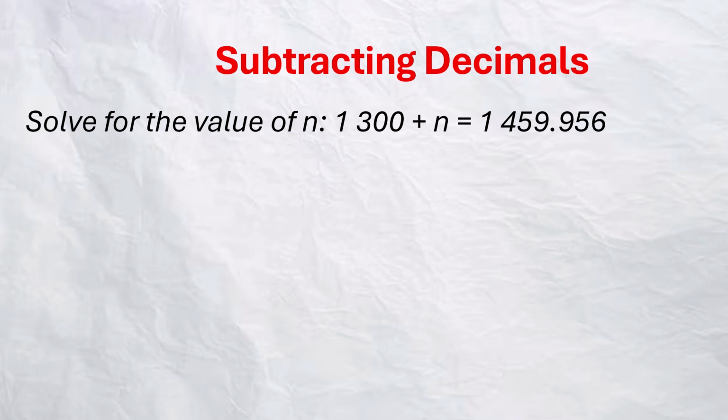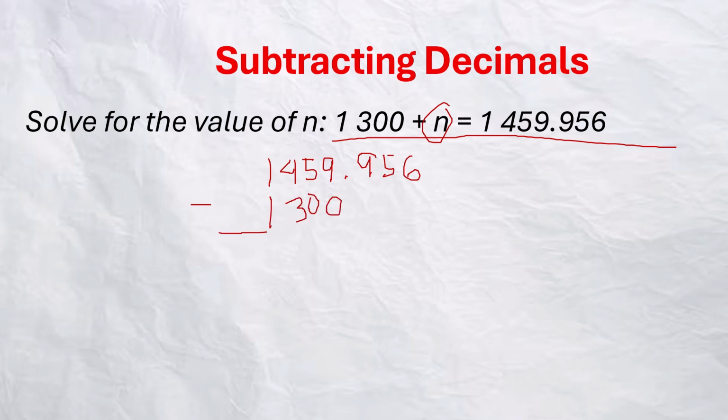Next, let us solve for the value of n in 1300 plus n equals 1459.956. Notice that the given is an addition number sentence. However, solving for the value of n will require subtraction. And what are we going to subtract? We subtract the sum, which is 1459.956, by our addend, which is